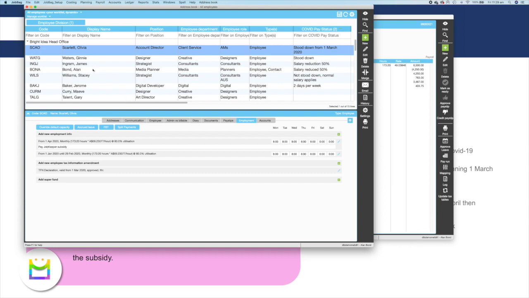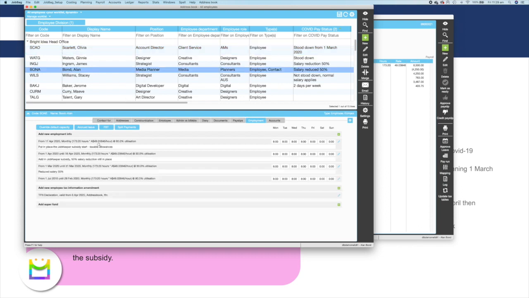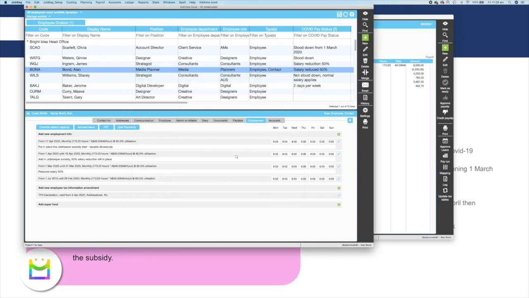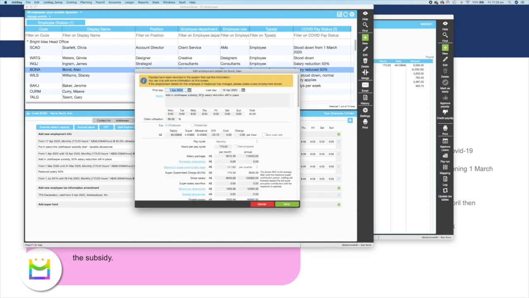Mr. Bond, where are you? Yeah, so I did put in place from the 1st of April, this is when we adjusted his hours and we said we're now adding in the JobKeeper Subsidy,